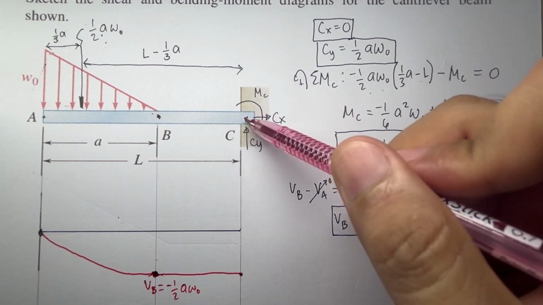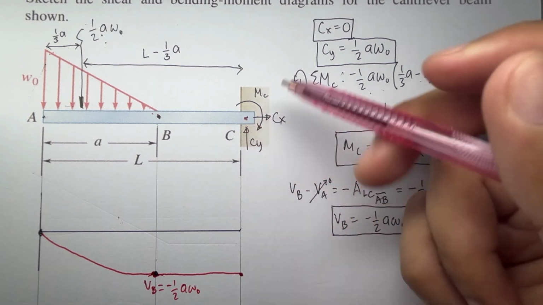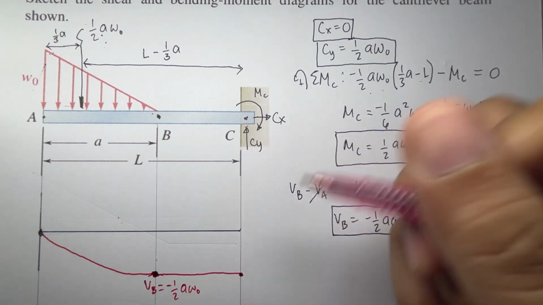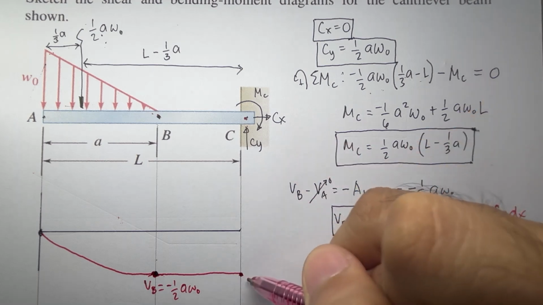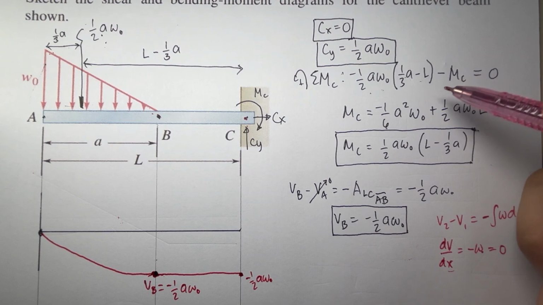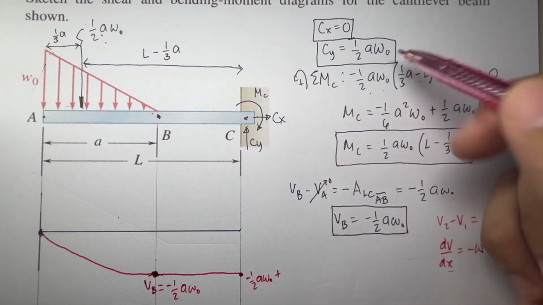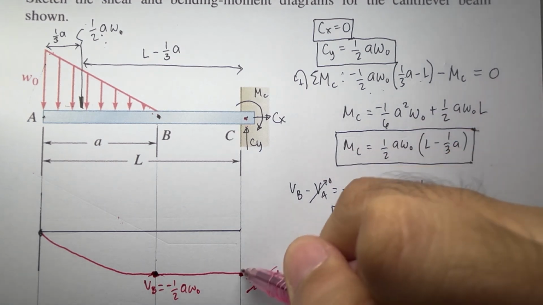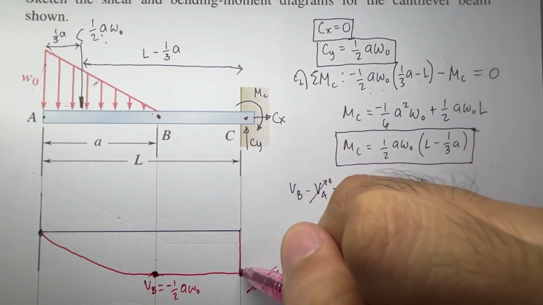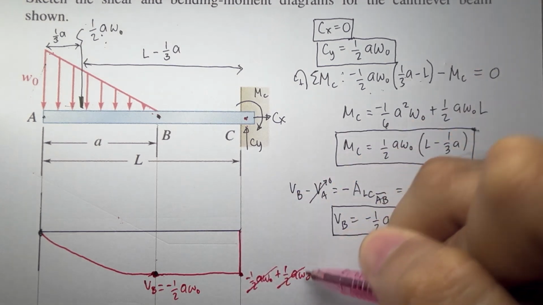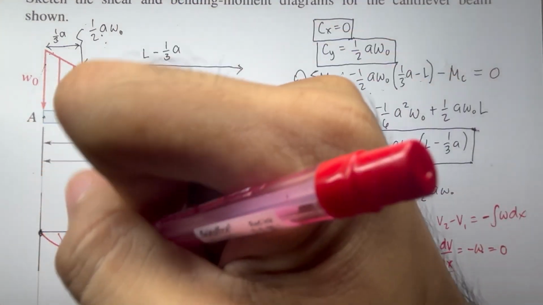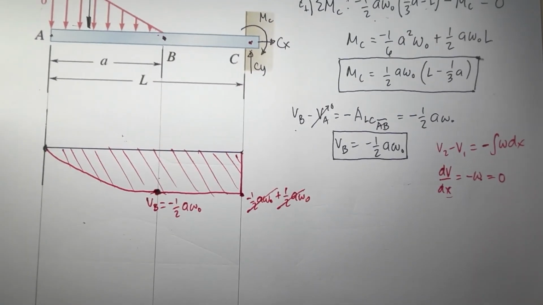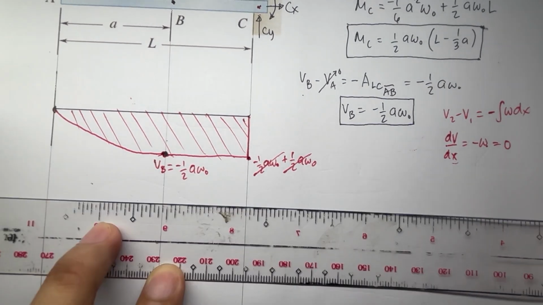Now, at point C, we have here our CY shear, no? So we need to add our CY from this point here. So if our point here is negative 1/2 A omega naught plus our CY, which is 1/2 A omega naught, this one here becomes 0. So babalik tayo sa 0 pa rin, no? So from here, aakyat tayo ng 1/2 A omega naught units upward. So somehow, this would be the graph of our shear diagram. Okay? Now, if we proceed to the moment diagram, let's first draw the line.